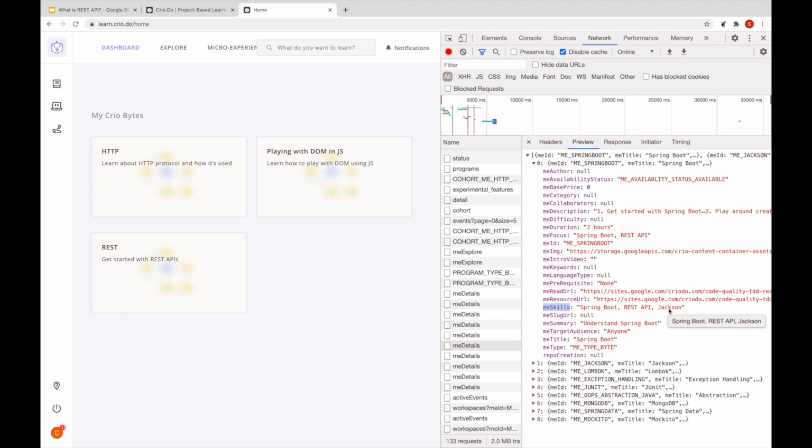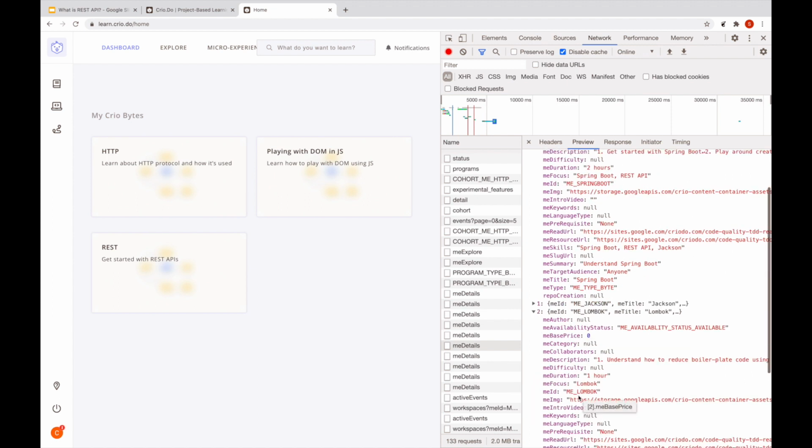Now, is it possible for a computer to tell this as well? If you write a quick program in Python or Java, any language, can you look at this key, find out the value, and print out what skills somebody would pick up out of this byte? Definitely yes, right? A human being as well as a computer can equally say what skill set a person would pick up from here.